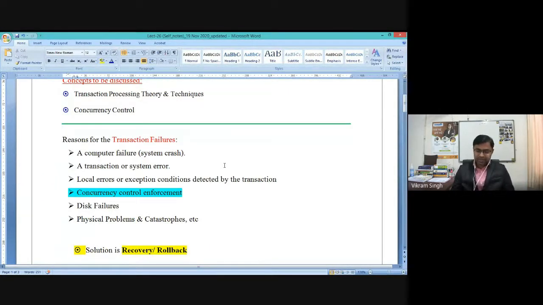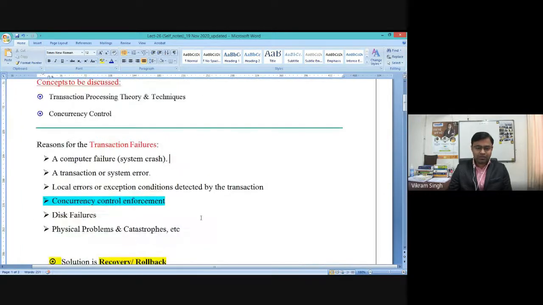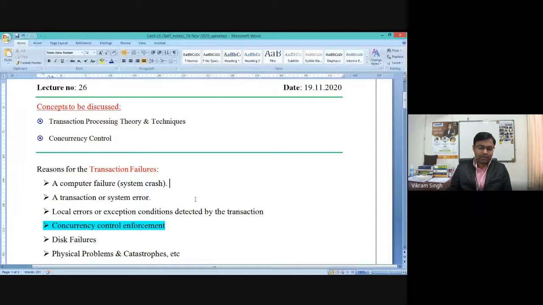So these are some of the frequently occurring scenarios or situations due to which a transaction may lead to failure, right? These are the primary, or potential, reasons for a transaction to be a failed transaction, right? So let's go one by one and have a brief idea of how a particular transaction is failing. The very first reason for transaction failure is the failure of the local machine or computer. Like if you go to the ATM, sometimes we face that the ATM is not working properly. So it is a system crash.